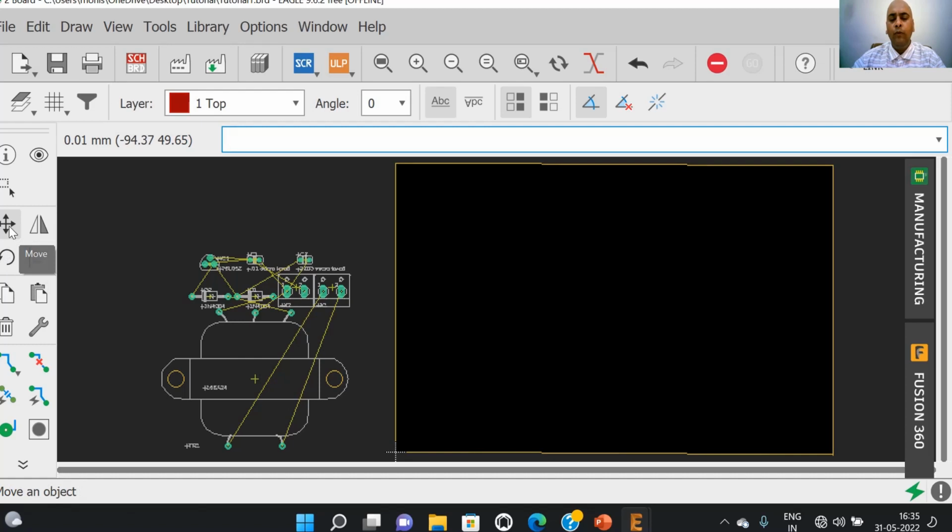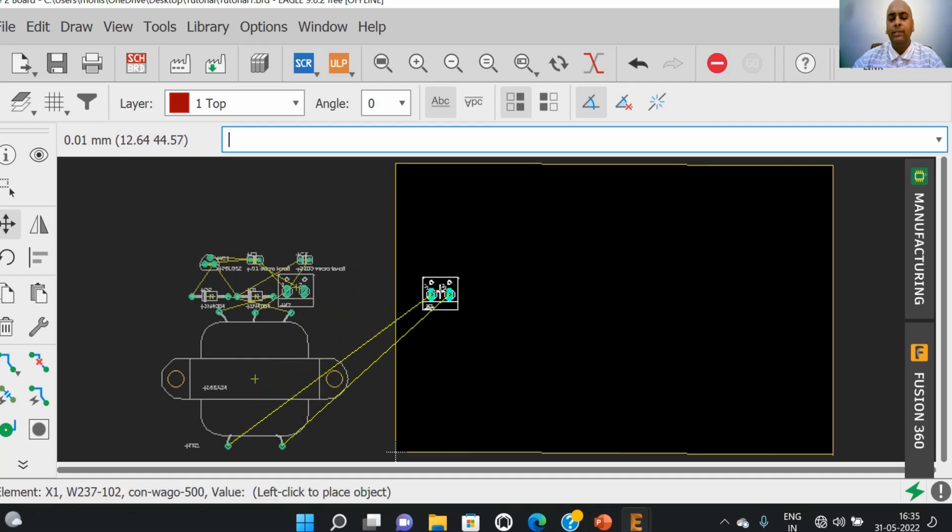In order to move a particular component, we can select the move tool, then select the component that we need to move from outside to the inside of the board. Then by using the rotate tool, we can adjust the position of the component.